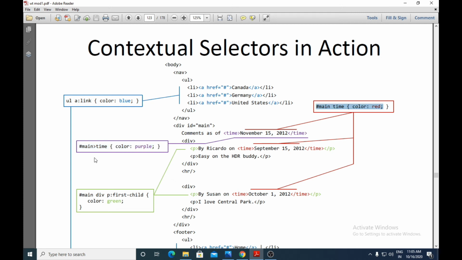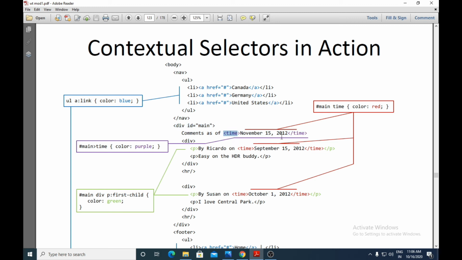Okay, so a little confusion you'll get here. The confusion is that both are using the id main, and they are making use of the element time. As a space is there, it will apply to any time element anywhere in that id. But what this will do is apply to the time that is the first child of that main element. So as this time is the first child of this main, it will appear in purple color.